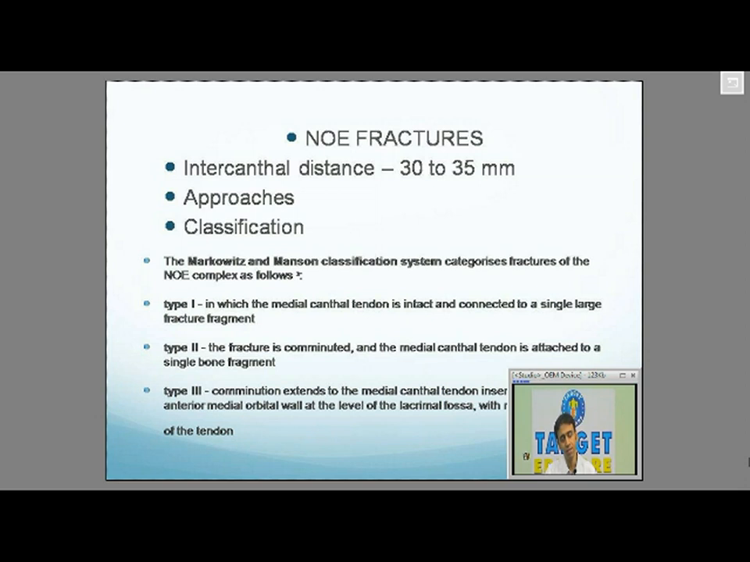Type 2 NOE fractures are the ones in which the fracture is comminuted. Okay. In type 1 the fracture is not comminuted, in type 2 the fracture is comminuted, but still the medial canthal tendon is attached to the comminuted fracture. Coming on to type 3, comminution extends to the medial canthal tendon and the medial canthal tendon is avulsed. In this